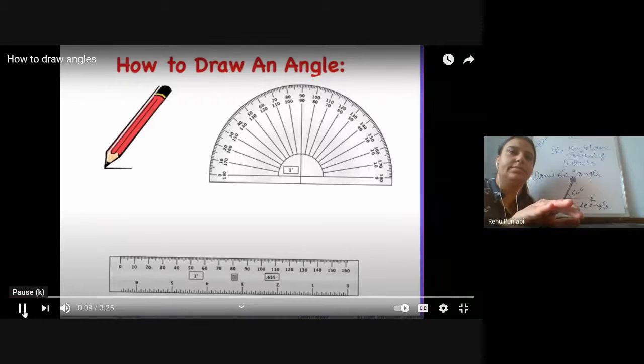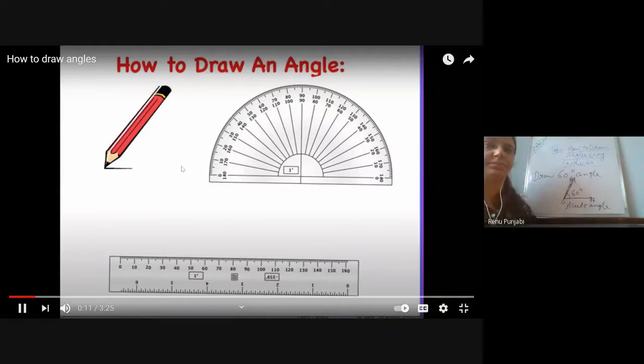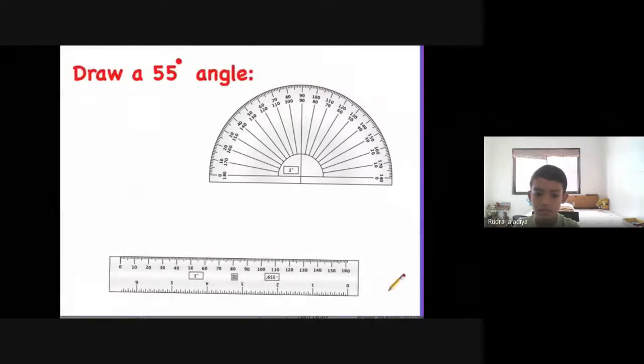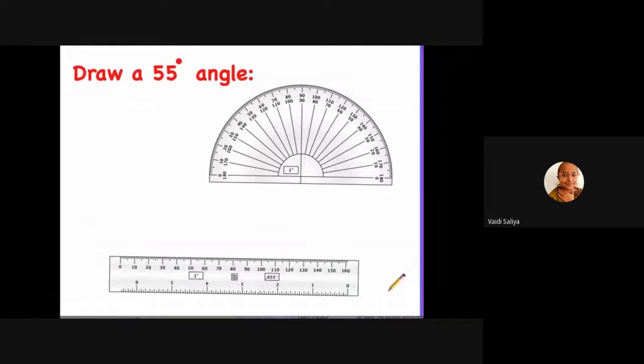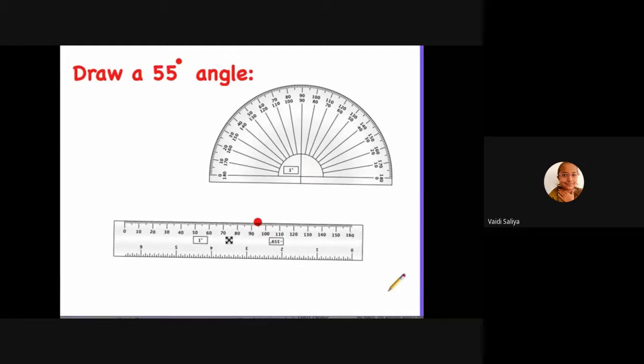You need three tools, a pencil, a protractor, and a straight edge. You also need to know what the size of this angle will be. In this case, we're going to draw a 55-degree angle. You need to think about what that angle will look like. It is smaller than a 90-degree angle, and that gives me a pretty good idea of the fact that it will be an acute angle. The first thing you need to do is draw a vertex. Then you line up your straight edge and make a line segment that